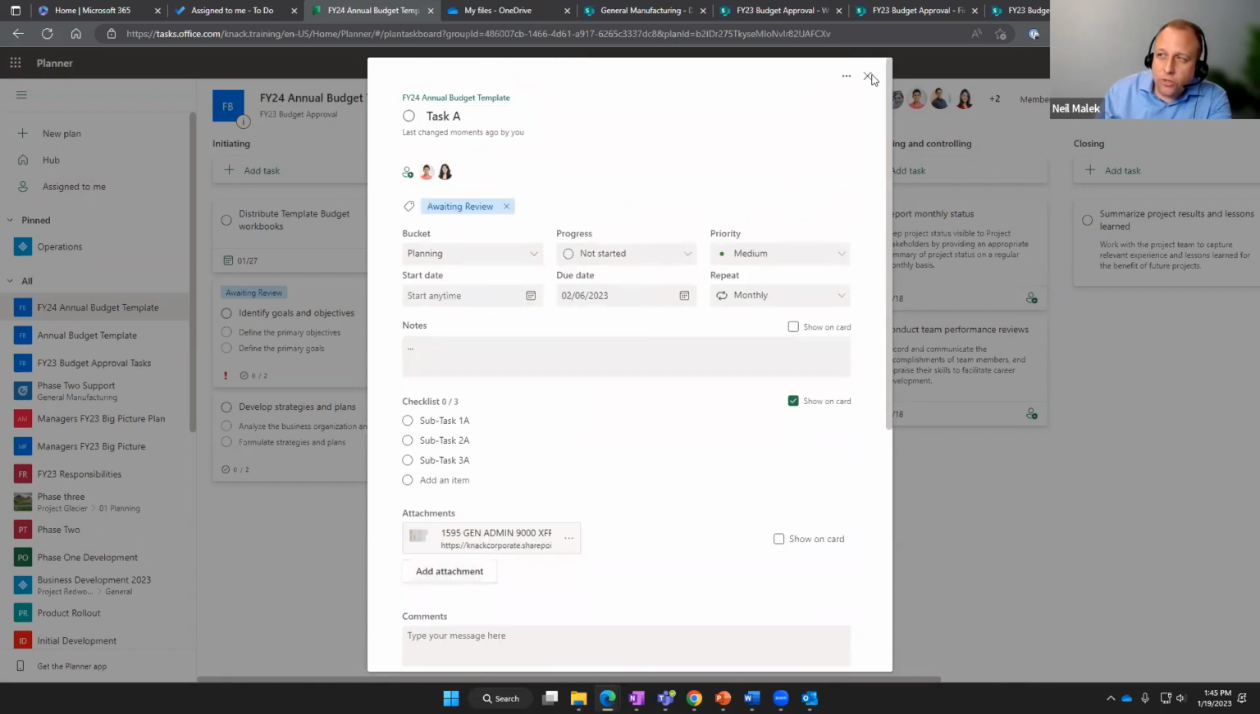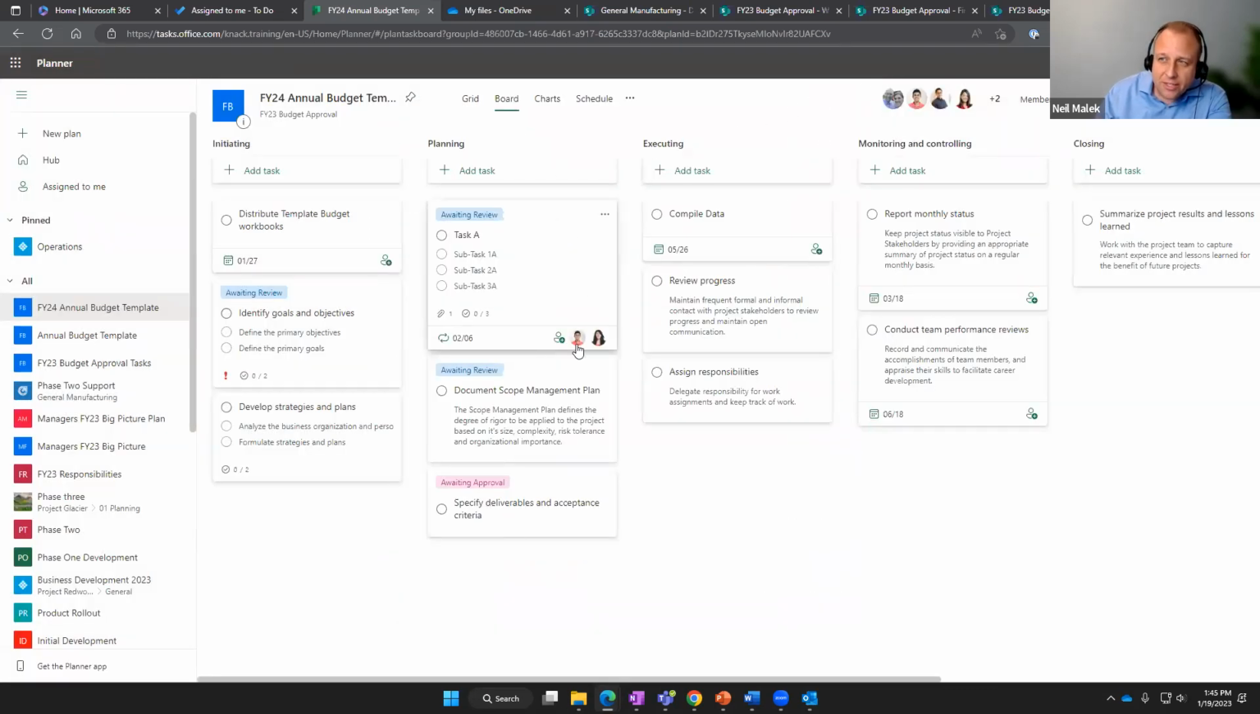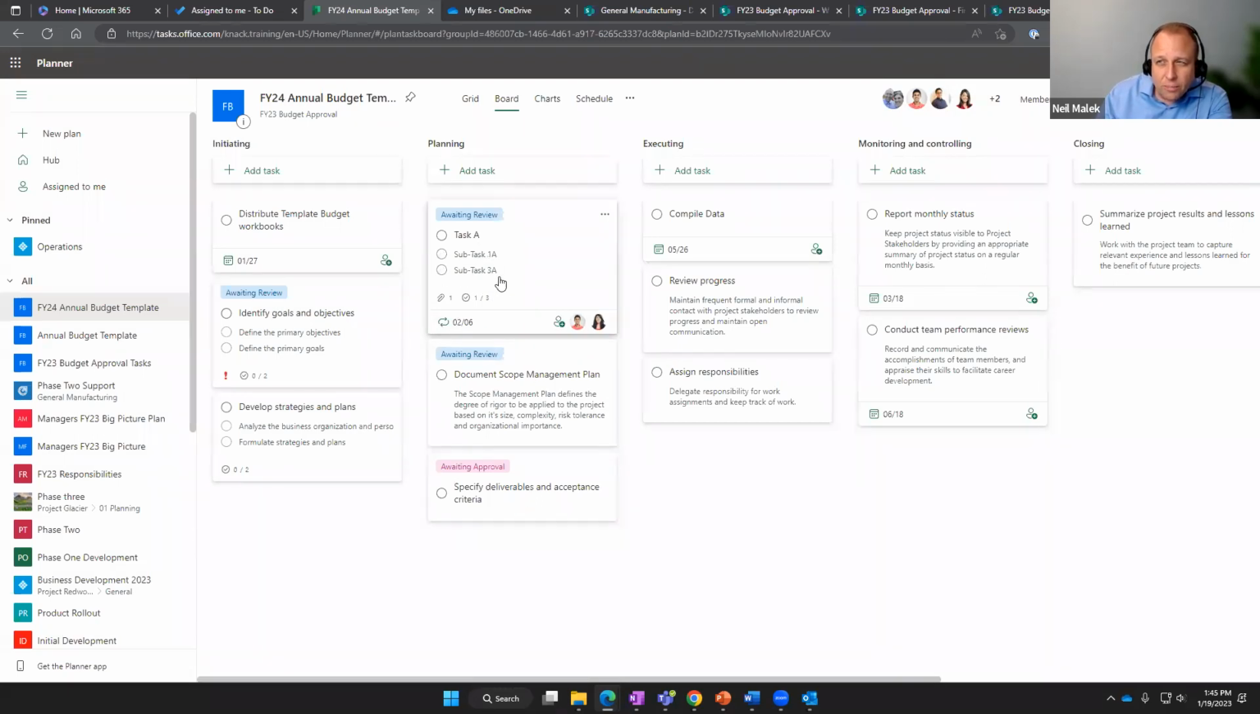So then I can close this, and this task that's assigned to Miguel and to Alicia is due on February 6th, but it's also a recurring task. It's got 1 attachment on it. It's got 3 subtasks, of which none are completed. You can see here that they can click to complete one of them. So one of the subtasks is completed, etc. So this is the general concept of how these tasks are meant to be created and the kind of functionality